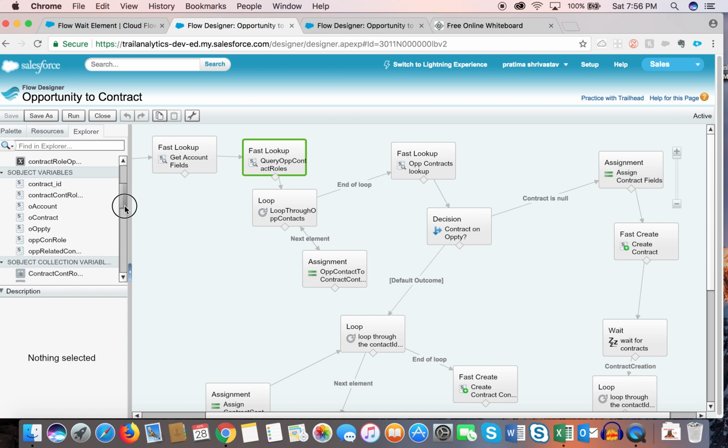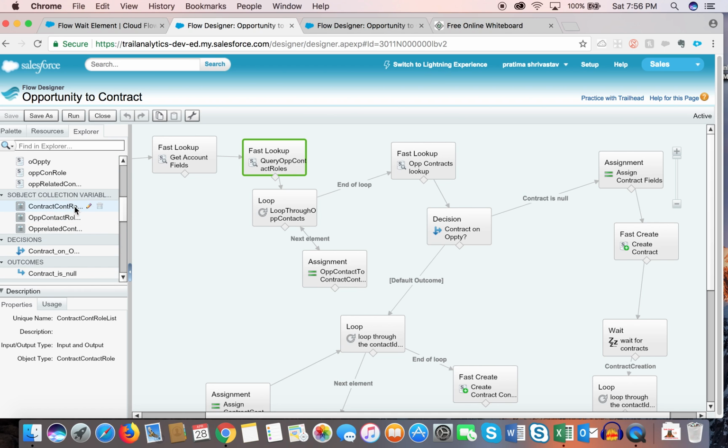So if I go to the collection variable, object contact role, its object type is not that one, it's opportunity contact role. That's the object type we are using. All right, so once we have that, what it's doing is creating a list of